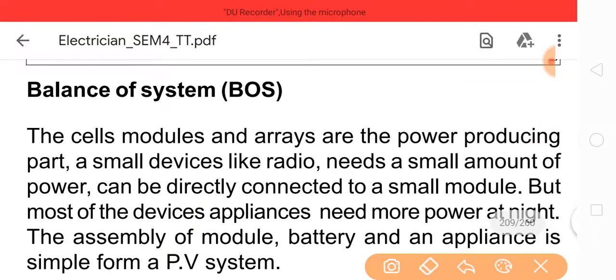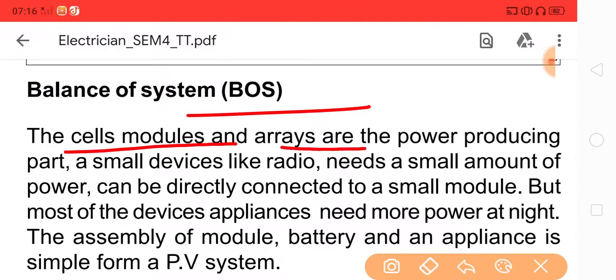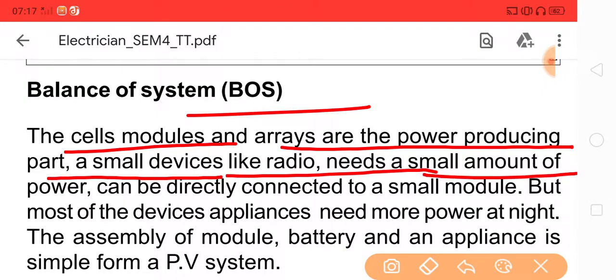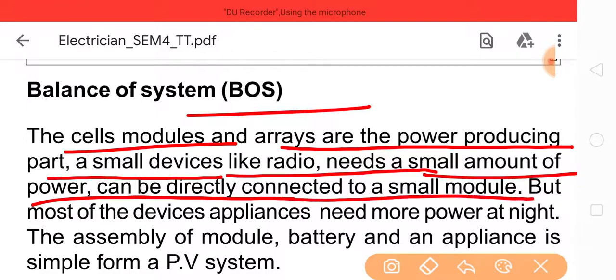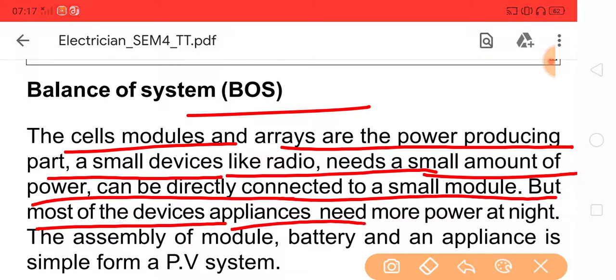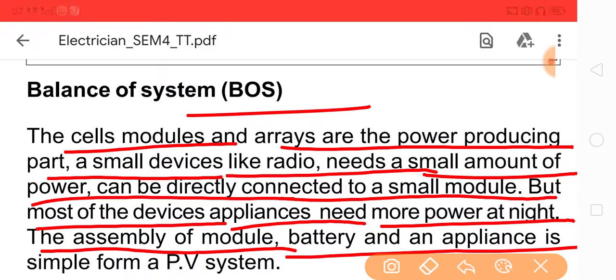Balance of system, which is called BOS. The cells, modules and array are the power producing part. A small device like a radio needs a small amount of power and can be directly connected to a small module, but most of the device appliances need more power at night. The assembly of modules, battery and appliances is simple. From a PV system,